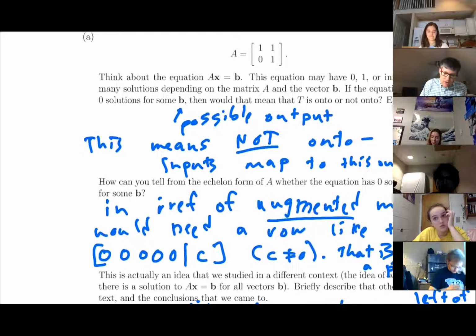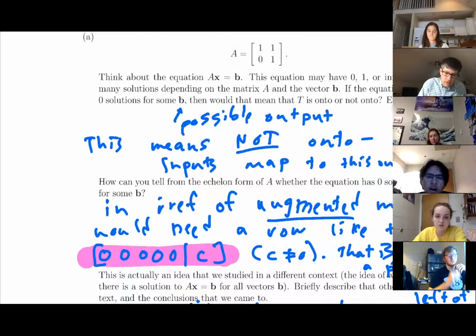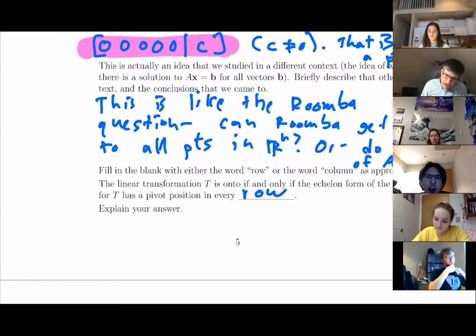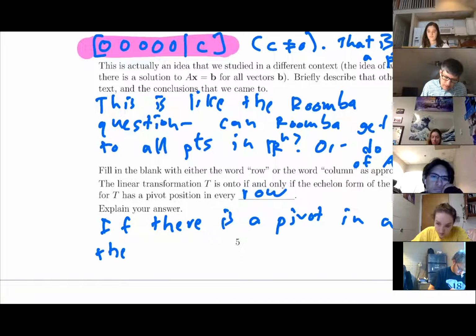This part right here tells us why it's a row, right? Because in order to tell whether it's consistent or inconsistent, I need a leading one in those rows. So that's really the question. And so I'm going to put row. I'm going to say something like, explain my answer. If there is a pivot in a row, then reduced row echelon form